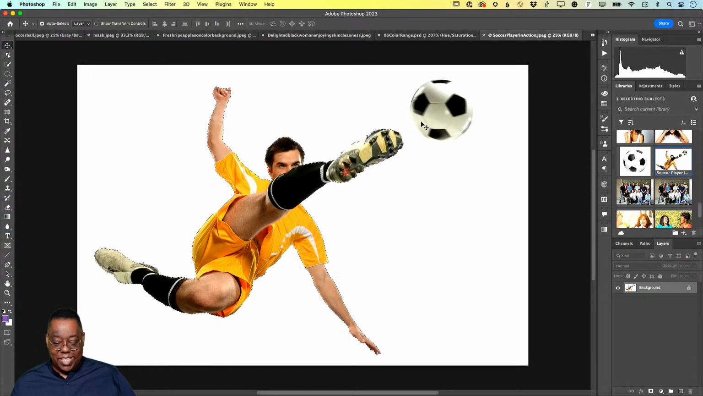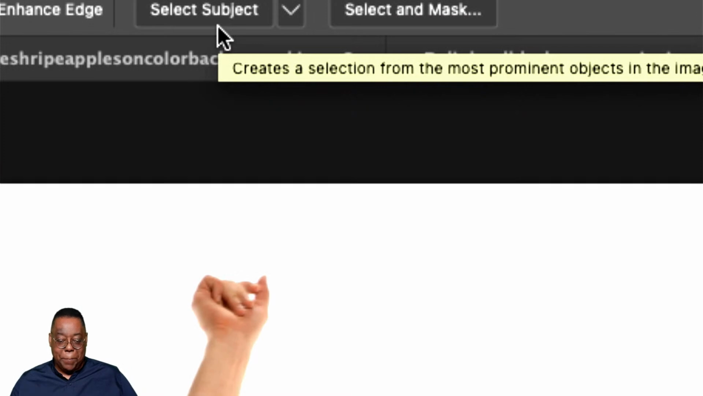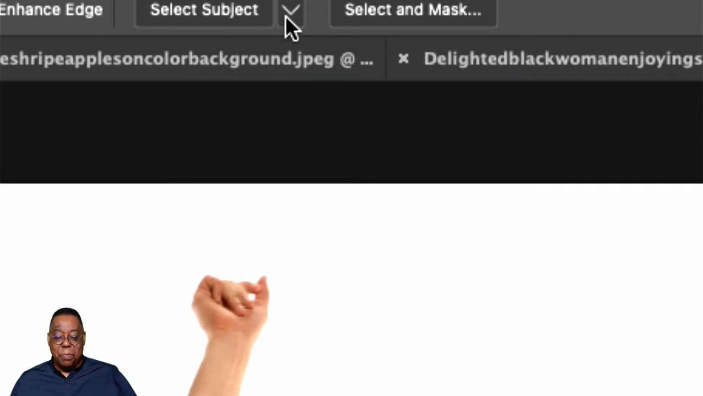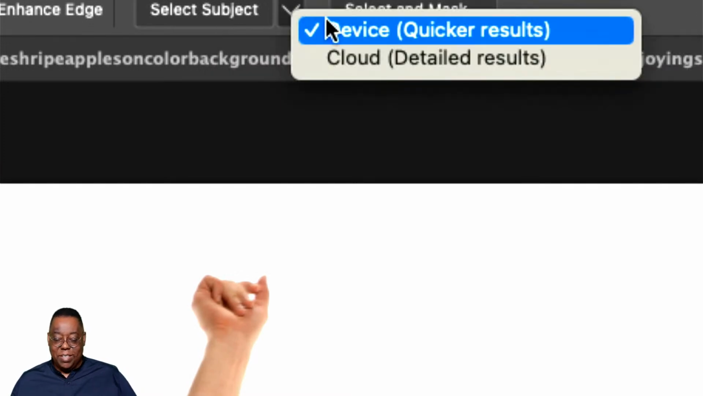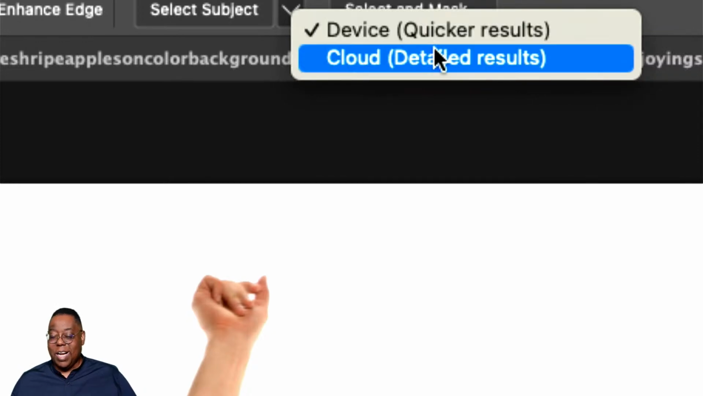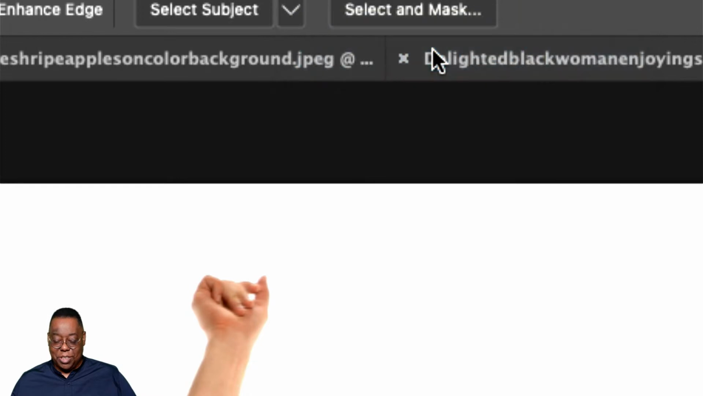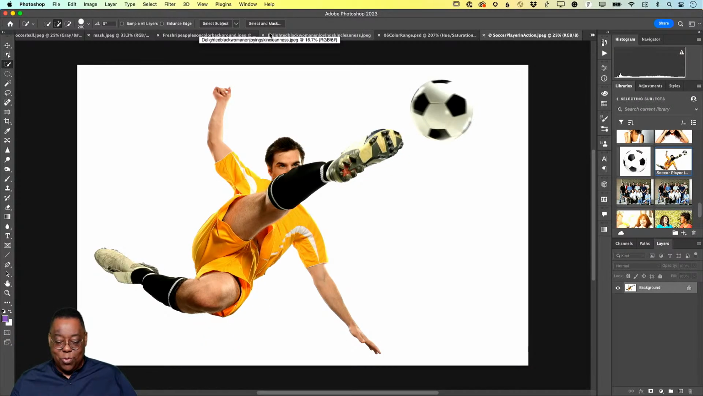And this is another hidden one. I'm going to deselect. I'm going to switch to a selection tool, any selection tool that gives me the select subject button. There's a new pull down, and that pull down means it does the selection based on your device, or cloud gives you more detailed results. When I choose cloud, it's a one-time thing, so you have to do it each time unless you go change your preference. Now when I click select subject,